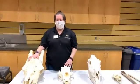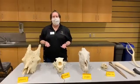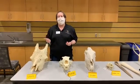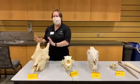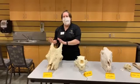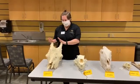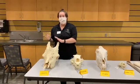And so we like to use these skulls to help educate people on the animals that they're seeing here at the zoo. It's really interesting to think about, like, oh, I can see the ossicones, the big hairy protuberances on a giraffe, but it's another thing to realize that those are actually made of bone. And that's why a male giraffe can use it to hit another male giraffe when they're fighting over breeding rights and not really hurt themselves, because, well, they can hurt the other giraffe, but not themselves because they are made